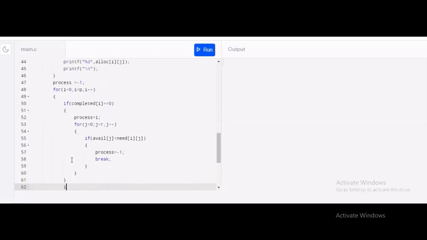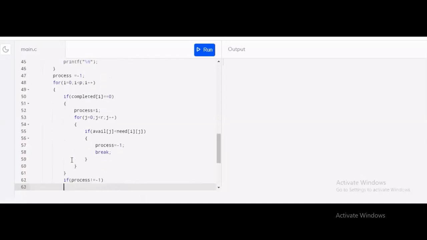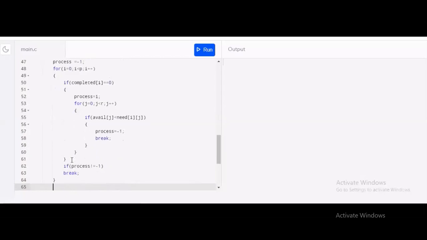Now we have to check another condition. If process is not equal to -1, it means the process has executed completely.